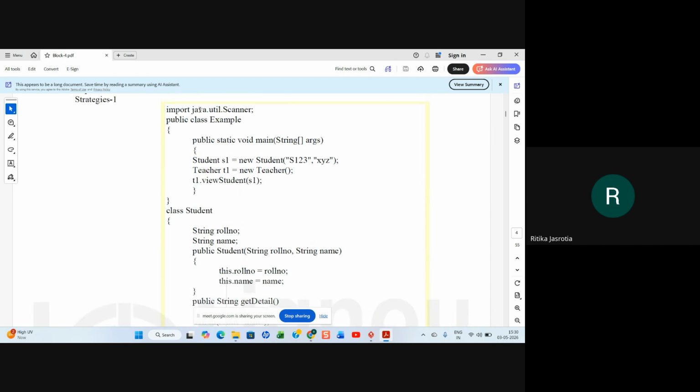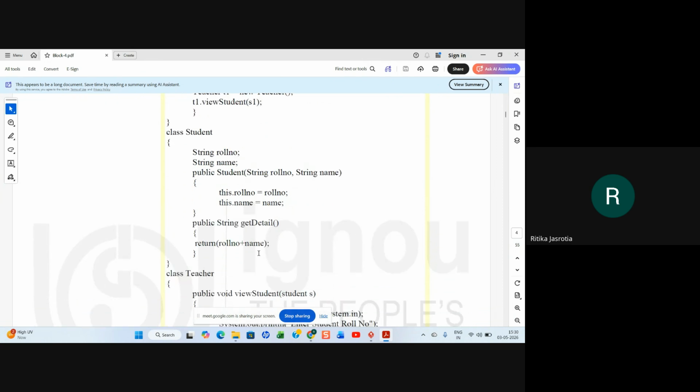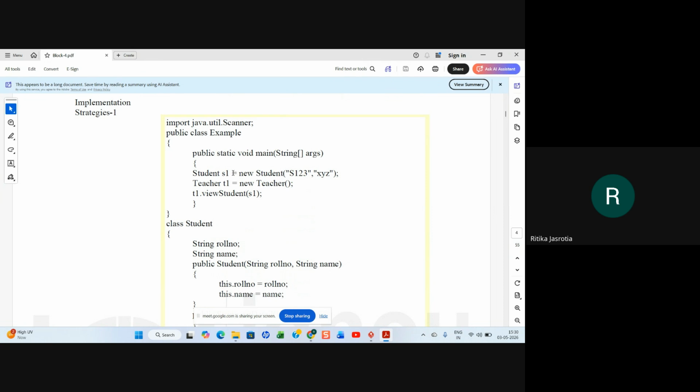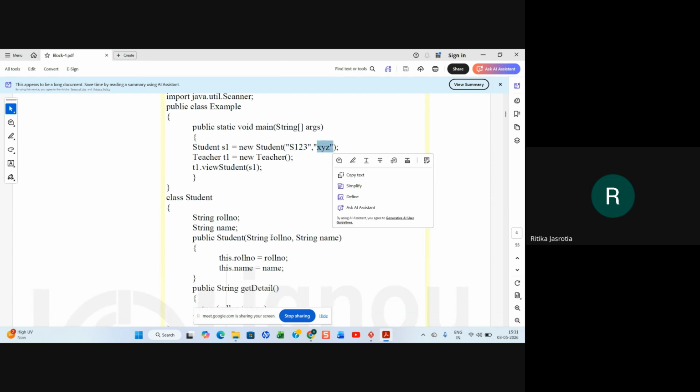Like here, import java.util.Scanner, public class Example. Your main is there. In the main, you have two classes, student and teacher, and the student object you are creating as Student s1 is equal to new Student, and to the constructor you are passing s123, the roll number, and xyz as the name. So it will pass the roll number and xyz as the name.